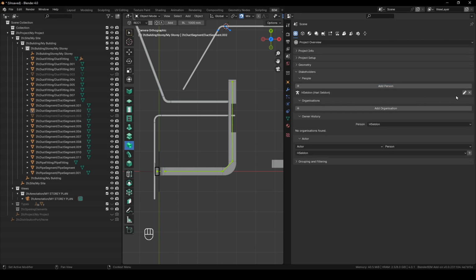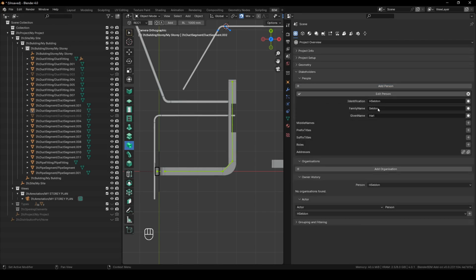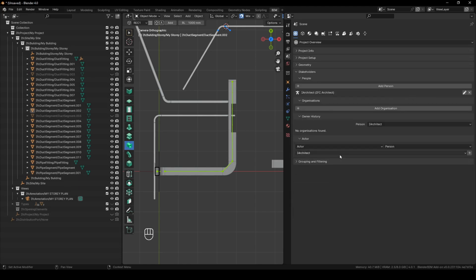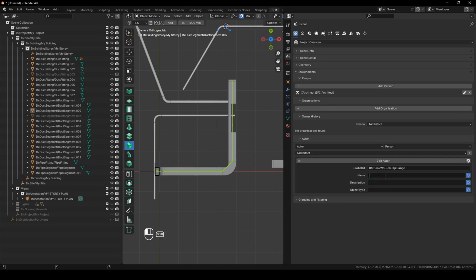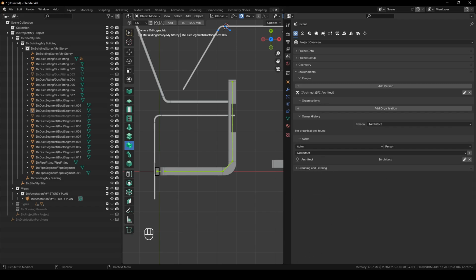So I can add a person, I suppose. Let's call my architect. Family name: Architect. Given name: IFC. Let's save that person. And then we can add them as an actor or an occupant. So I'm an actor. This is name, unnamed. I'm just going to call this architect. And there we go, we've added a person. Alright,